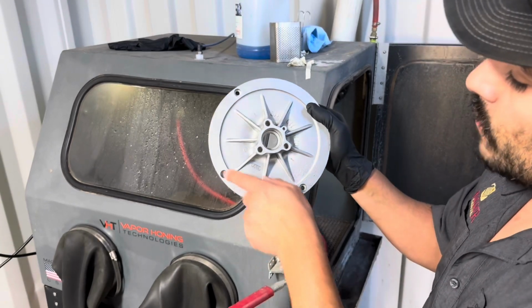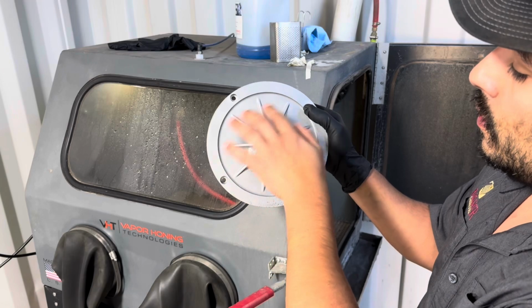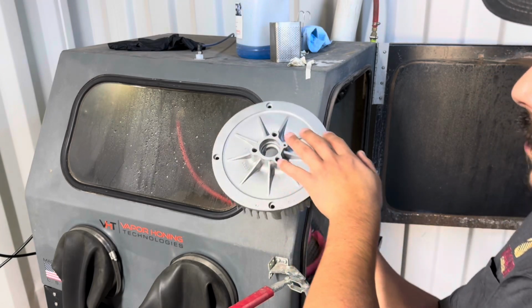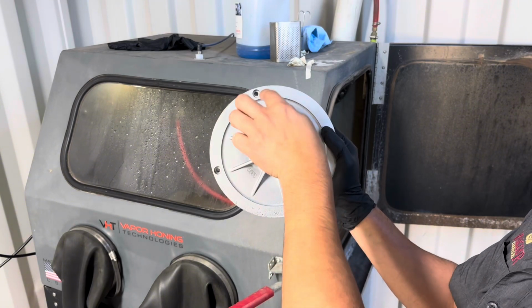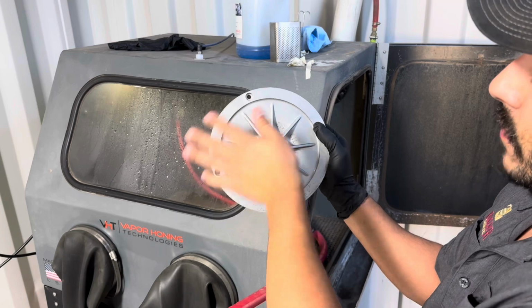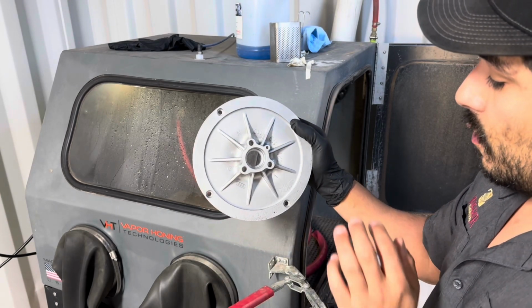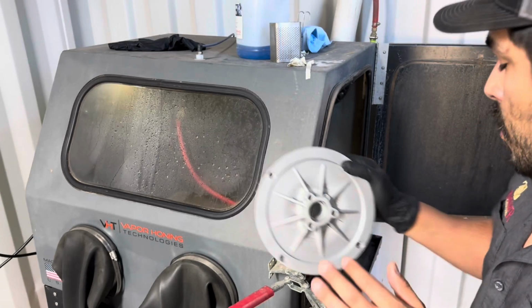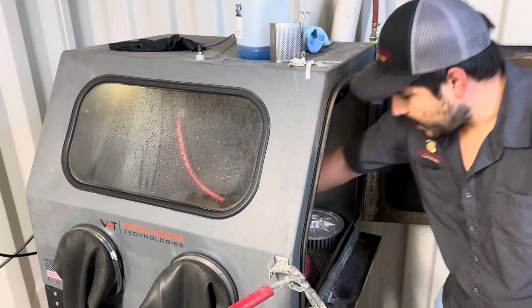So I see right here on this edge, I can do a little bit better as far as smoothing out the shine. It might be a little hard to tell on the camera, but in this area, from when I was blasting that hole, I created a little spot around it. So I want to make sure that I even all that out. I'm gonna go ahead and do it all the way around, make sure that all the area around the hole is good. However, I'm gonna set this guy to the side first off, and I'm gonna go back to this